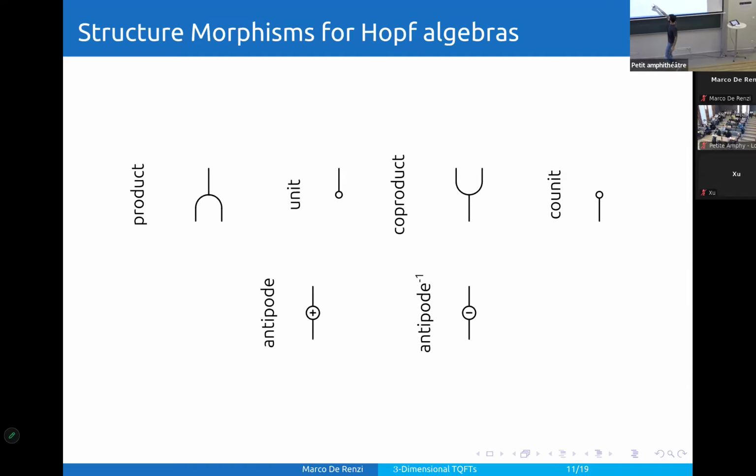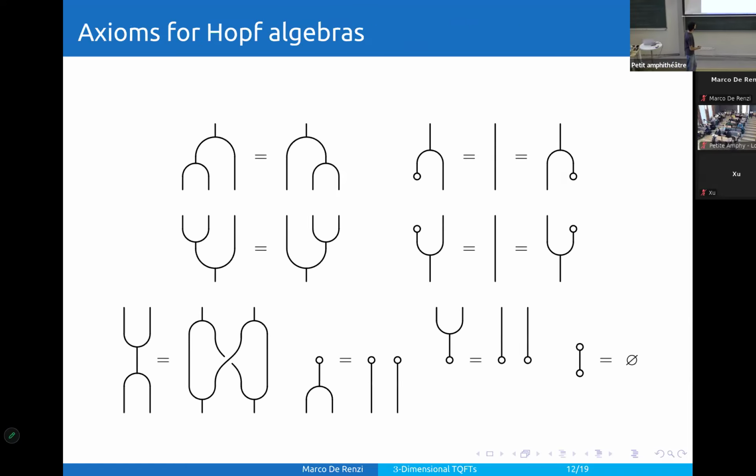So the trivalent vertex you have for the product is a morphism. You should understand this as a morphism in the ambient category from the tensor square of an object to the object. And when you have no point, it's just the tensor unit of the category. And with these pictures, you can state the axioms that a Hopf algebra should satisfy